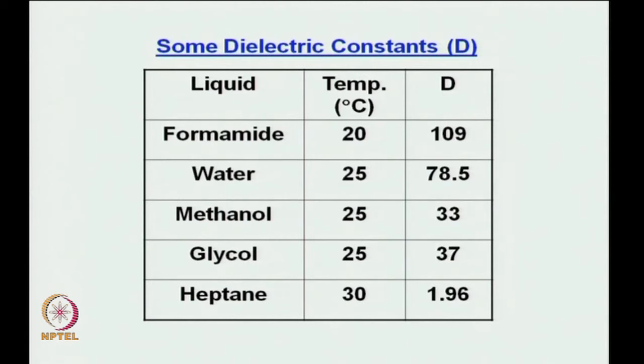Okay. So these are some dielectric constants. Let's take a look at this. The highest dielectric constant is of formamide. Okay. Did you guys know this? You guys knew this? Okay. So water obviously comes next, and then you can see when we come down, methanol is 33, the dielectric constant, heptane is barely 2. So obviously you can understand that heptane will not be able to separate the charges, that means the D would be very small, right.